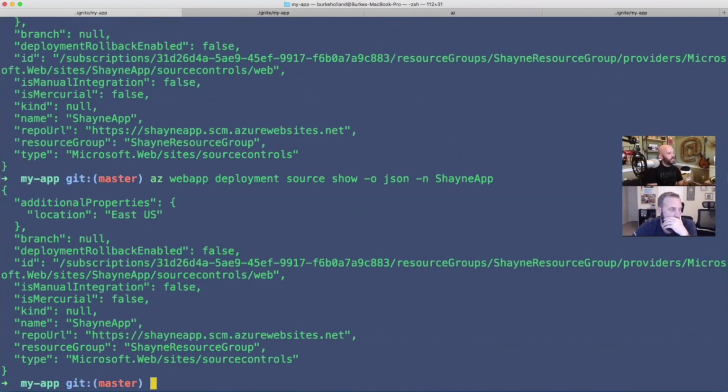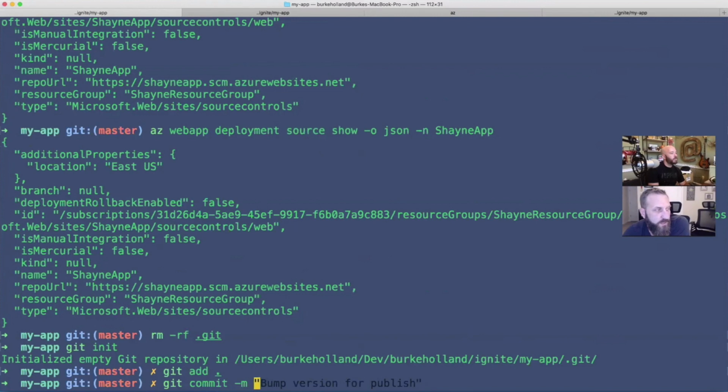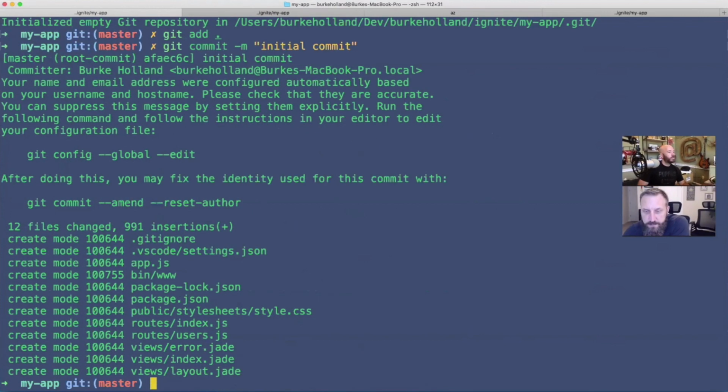All right, well, let's do this. Okay, I'm just going to get rid of the Git. So here's what you should do, Burke: when you do that command, set it to a variable. Do you know how to do that? That would be like myvar equals $, then open paren, and then the command goes inside that. What command? When you execute that command, to get your,